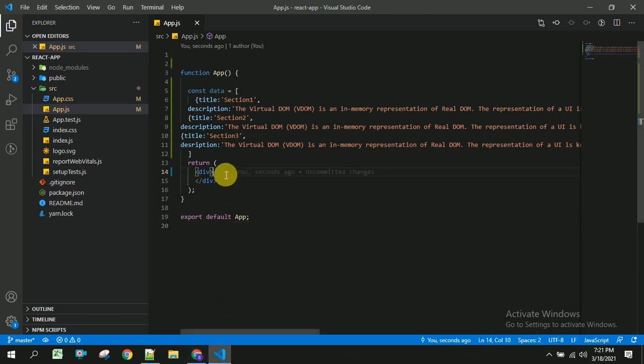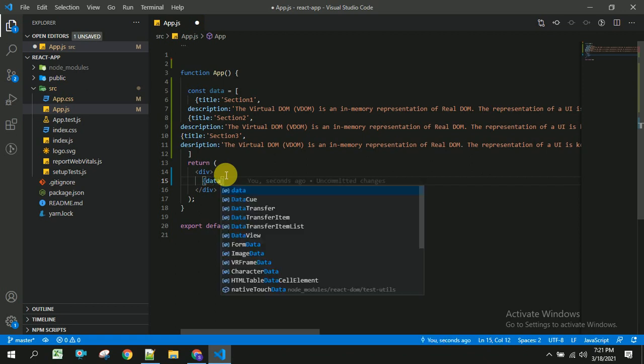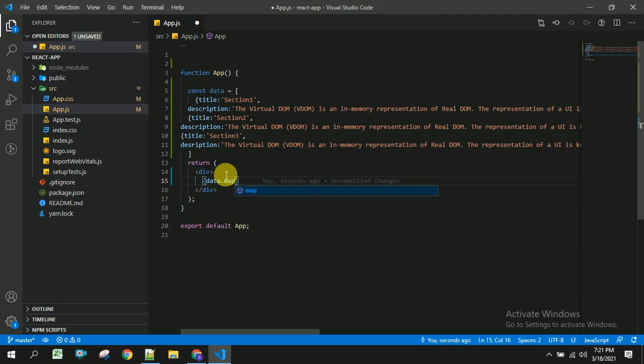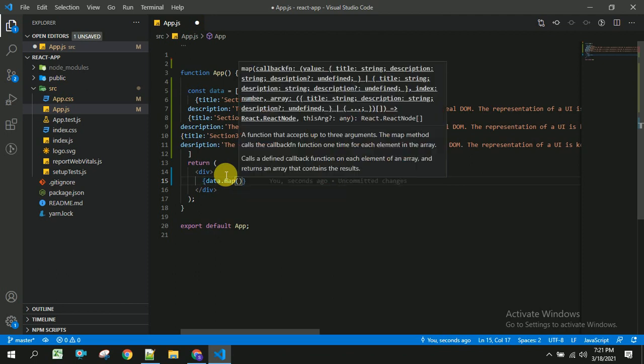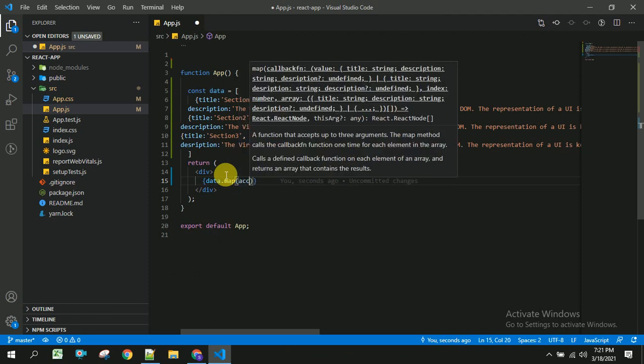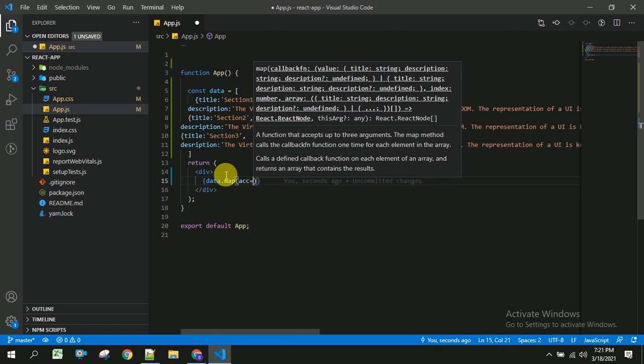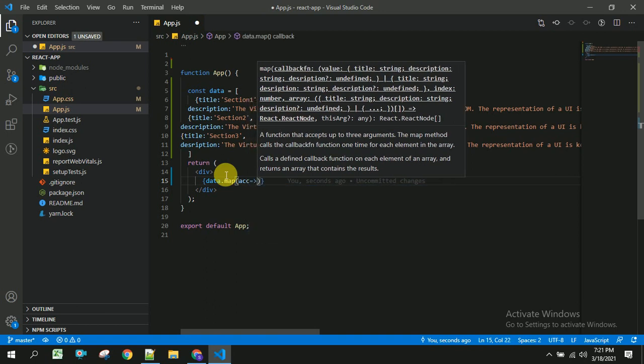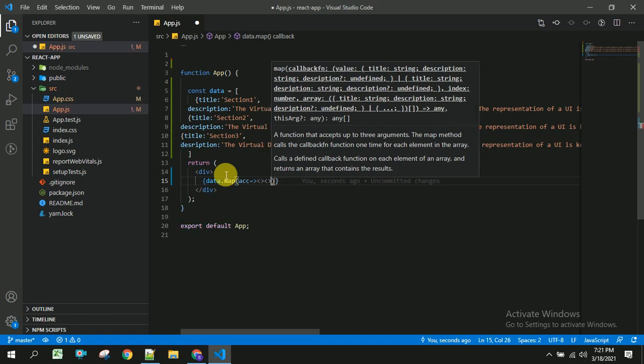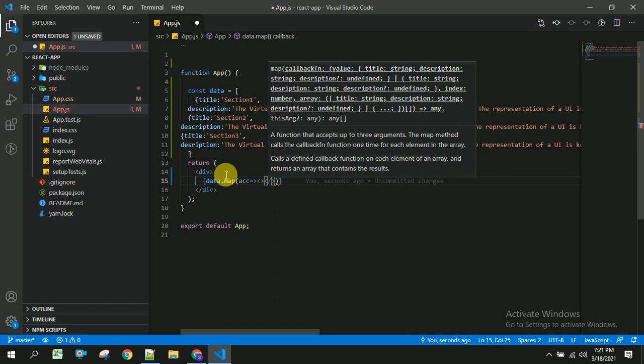So the next one we are going to see is, I am going to take some braces, and inside this I am going to map this data, accordion or something ACC, and here I am going to take a child component.